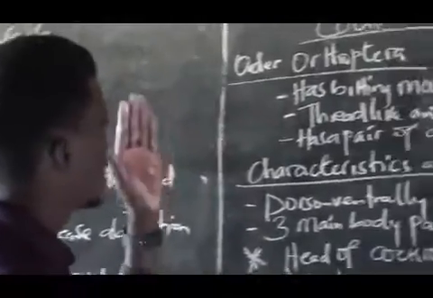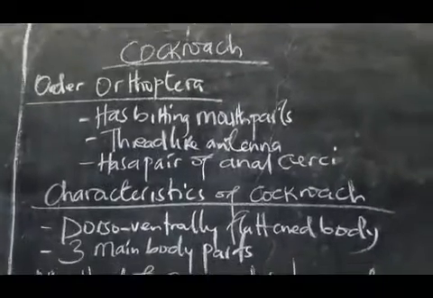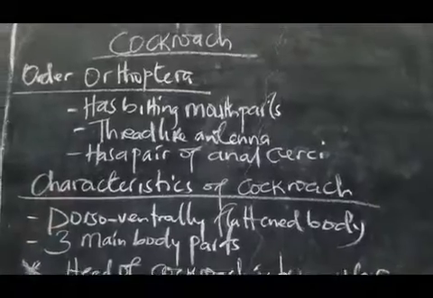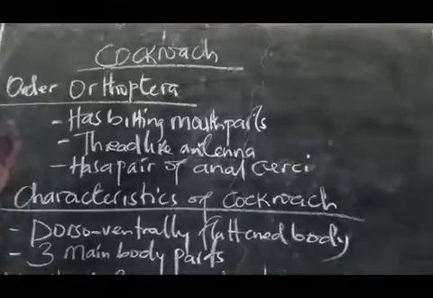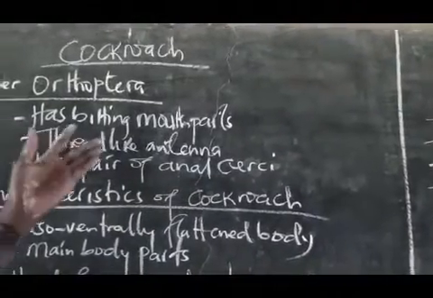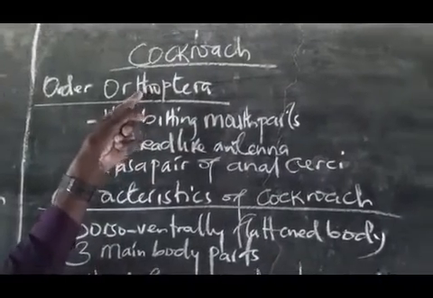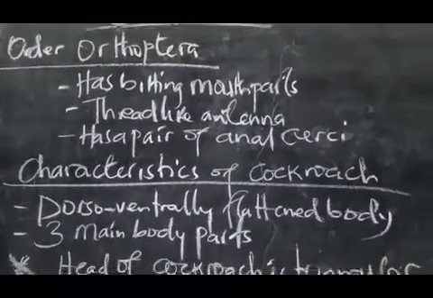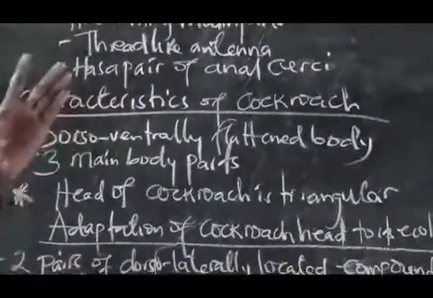Now, the second insect we are going to look at. We cannot look at all the insects we have talked about, but I want us to look at just the housefly, and then the cockroach. The others you can look at in your own time. They are pretty simple. This one is order Orthoptera, and the characteristics of this order is having biting mouthparts. Now this one is like the grasshopper in the order. Then you have thread-like antennae. The antenna is very long and slender, that's why we are saying thread-like,